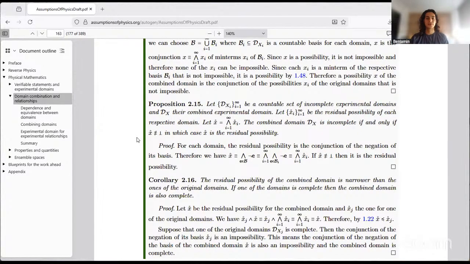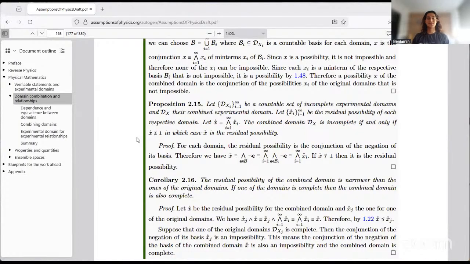So proposition 2.15: let D_{X_i}, for i from 1 to infinity, be a countable set of incomplete experimental domains, and domain X their combined experimental domain. Let